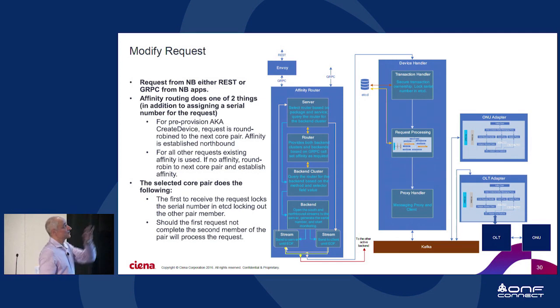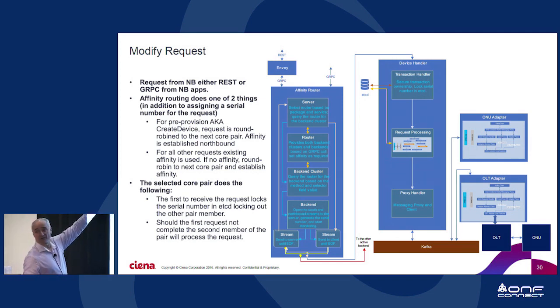So what happens is that there are two ways to get in. Either you make a REST call through Envoy, and Envoy converts that to gRPC and sends it into the stack, or you go straight gRPC into the stack. We'll see later how Envoy is packaged in there. So it hits the Affinity Router,